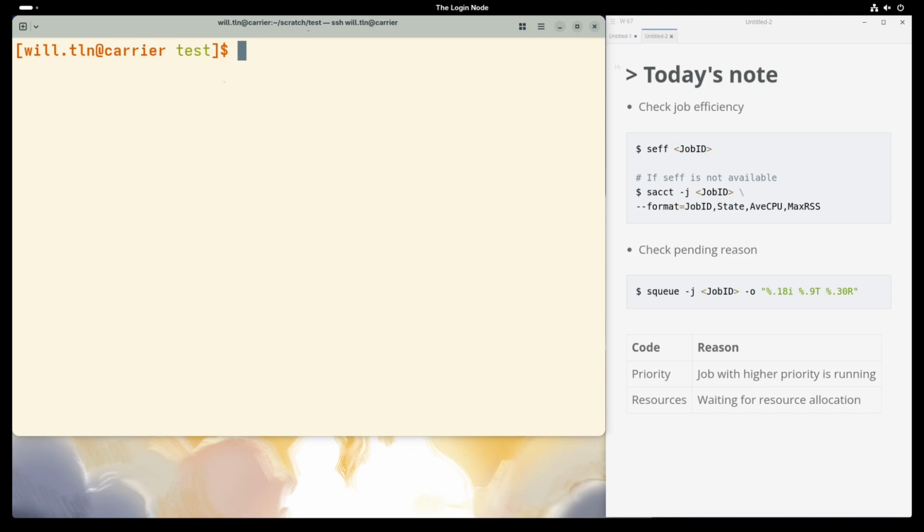Congratulations. You have officially graduated from HPC 101. We started from what is SSH, and now you know how to navigate, move files, manage environments, submit jobs, and finally debug them. You are no longer a guest, but a resident now. And remember, the best way to learn HPC is to break a job, debug it, and submit it again.